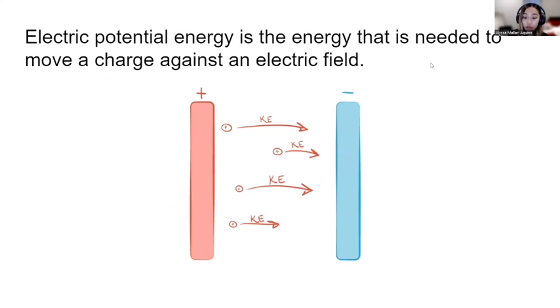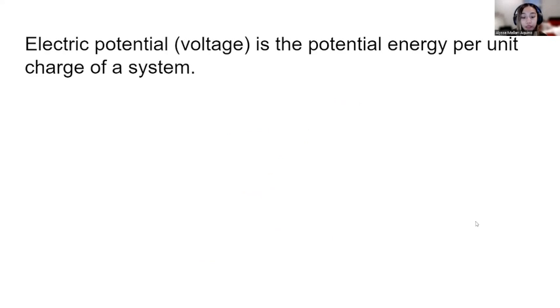In the image below, the topmost positive charge right here is the furthest away from the negative charge. This charge has the greatest electric potential energy as it wants to move closer to this negative plate here. Going back to the first main point, which states that electric potential, or voltage, is the potential energy per unit charge of a system, in the image below,